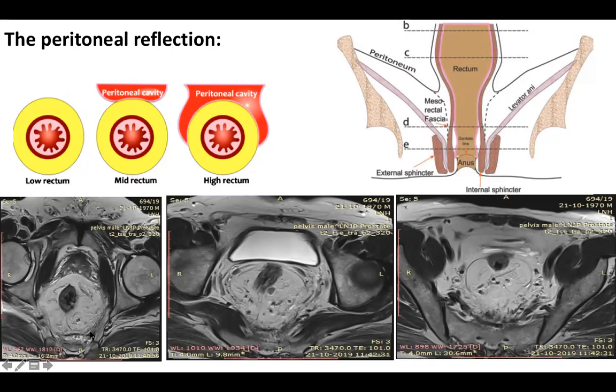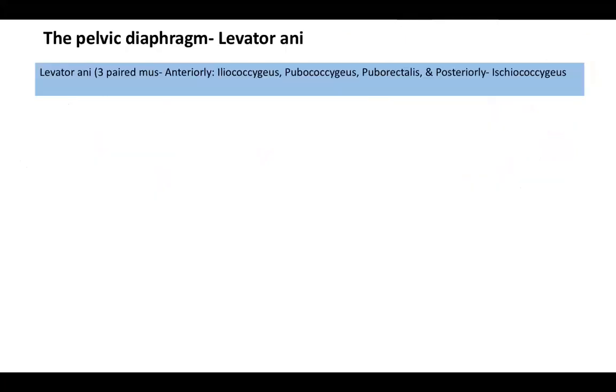So this will be the lower part, and there is totally no evidence of any peritoneum. It's entirely covered by the mesorectal fascia. In the mid pelvis, we can see part of the peritoneal reflection as this very thin line which lies anteriorly, and a little higher up, we can see it laterally as well as anteriorly. This is very well defined and very well seen over here. So this is what can be visualized depending upon which level we are talking about, and this has implications which we'll discuss subsequently.